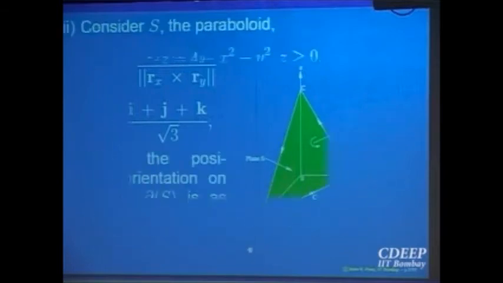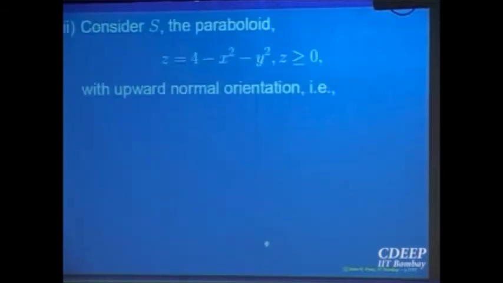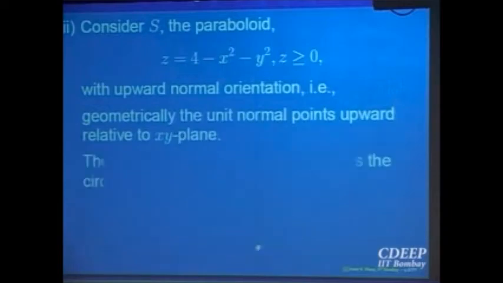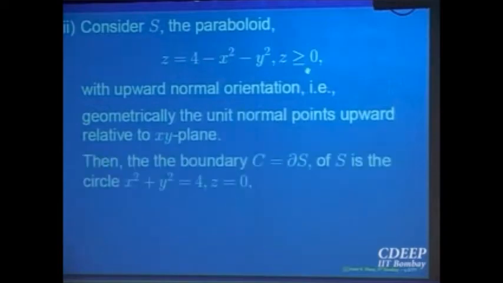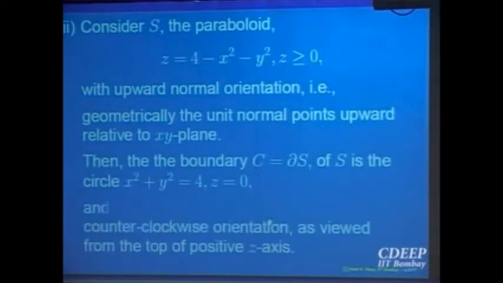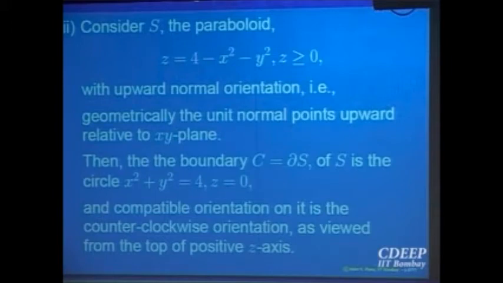Okay. So consider that paraboloid as we looked at last time also. The paraboloid is with z bigger than or equal to 0, right? So what does the surface look like? It is a cup, right? At z equal to 4 is the tip. It is coming down, okay? So the projection in the xy plane is the disc. What is the boundary of that? That is a circle. So for this paraboloid, the boundary is also that circle, right?